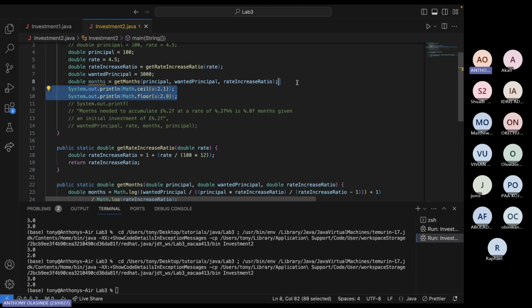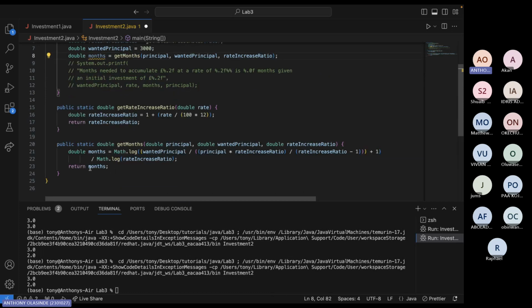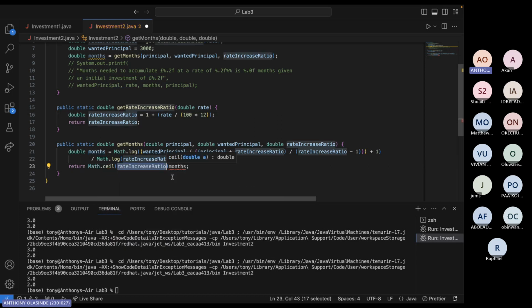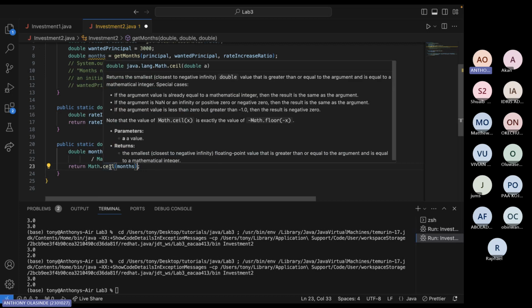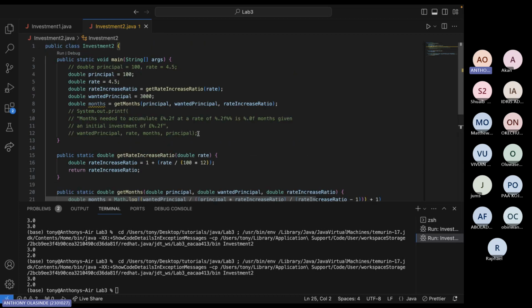So that's why it was actually getting 2.9. So I could actually say math.ceil. Math.ceil, just ceiling, at least that's how I take it in my own head. Math.ceiling, we are looking up, meaning we are trying to round up. So by default, this is going to show